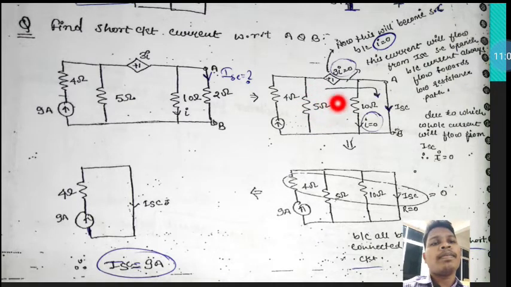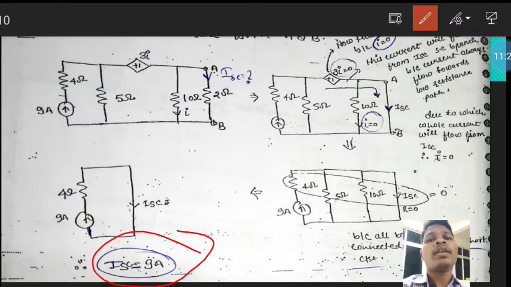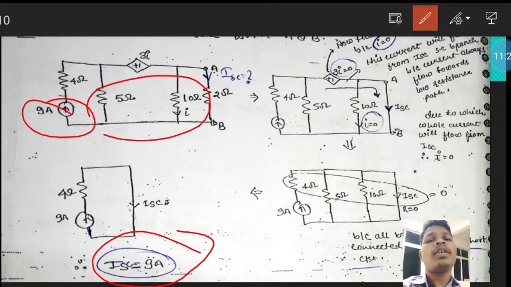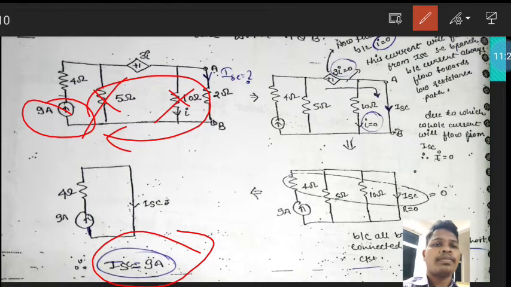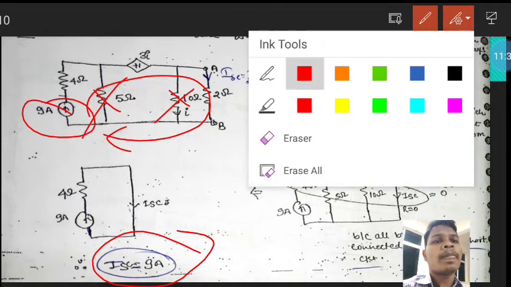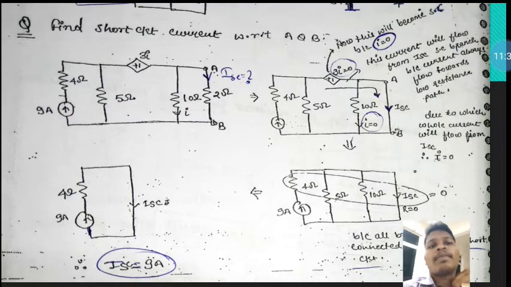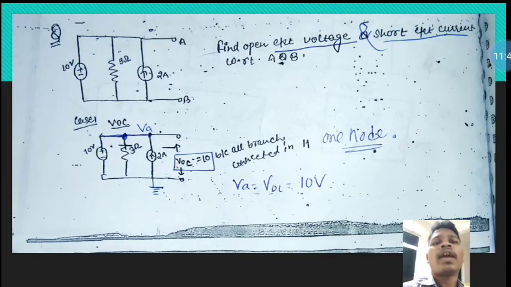So our calculation is now very easy, because this 9 ampere current will be flowing directly as the short circuit current. See here, 9 ampere current will be flowing like short circuit current. So short circuit current is equal to 9 ampere. Whatever current is given, that current is directly flowing like this. It is not going through that element. Is it clear to you? If it is not clear to you, then ask me in the comment section, because I am going fast due to time. Now come to another question.